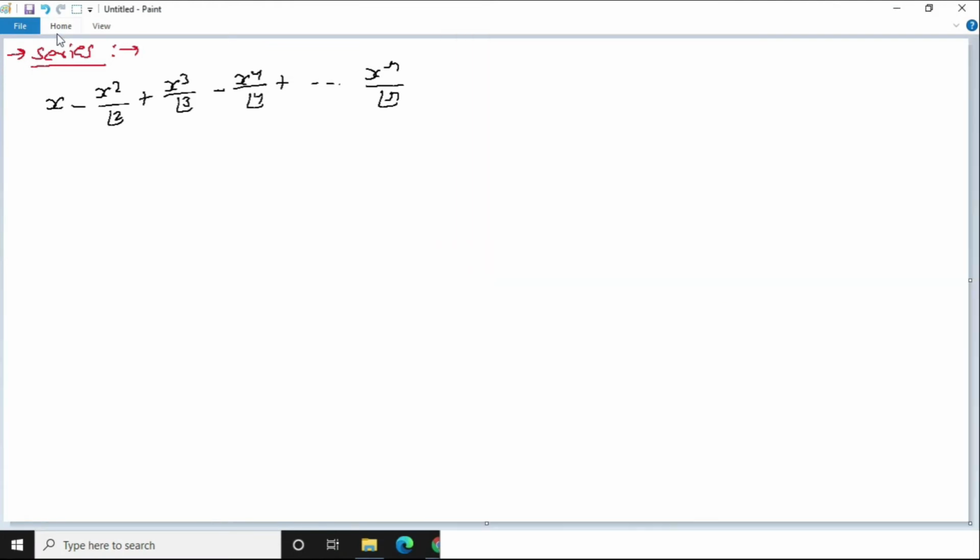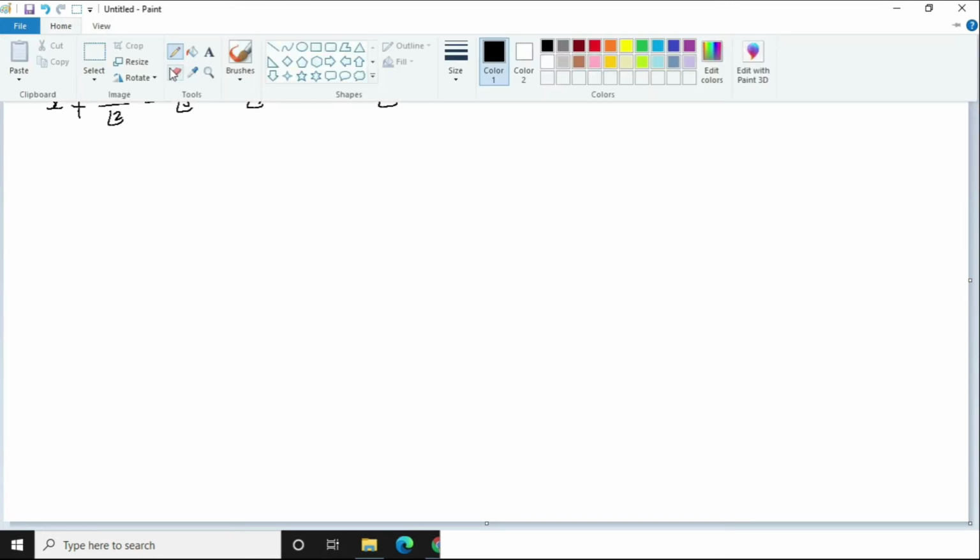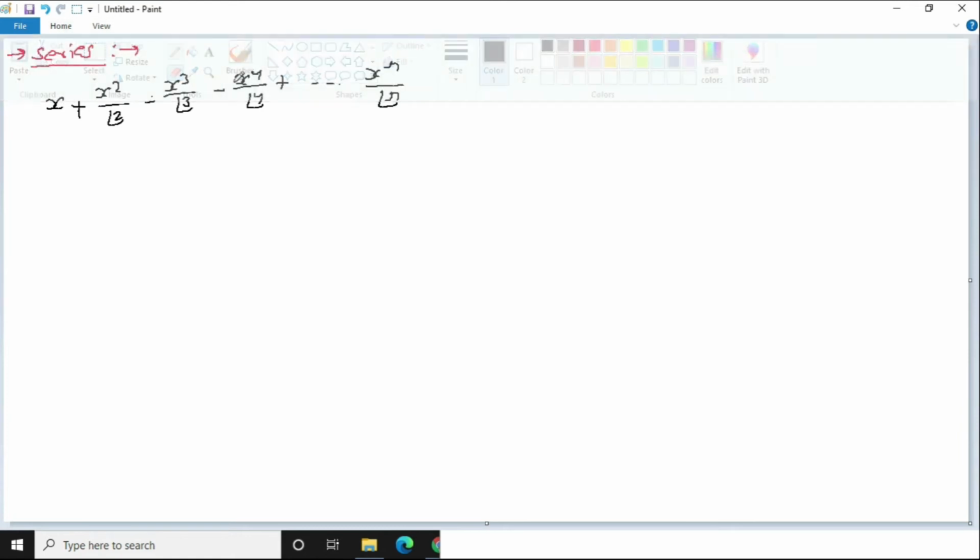Now suppose that we have to find summation of this series, like plus, then minus, then plus. So here in this case we have minus with the odd terms and we have plus with the even terms. Within the odd terms we do not have any minus with x to the power 1. We do not have minus with the first term, but from other odd terms we have minus.